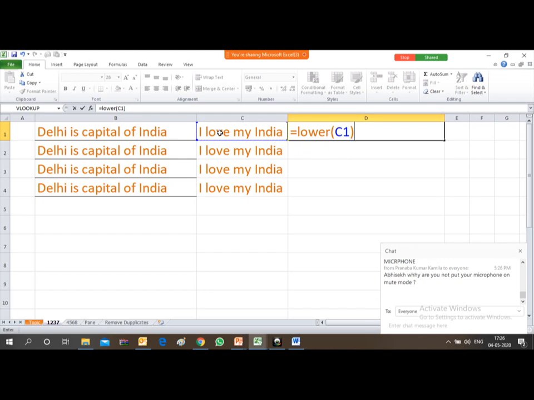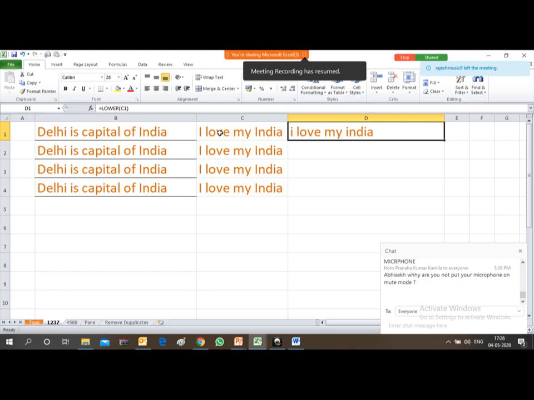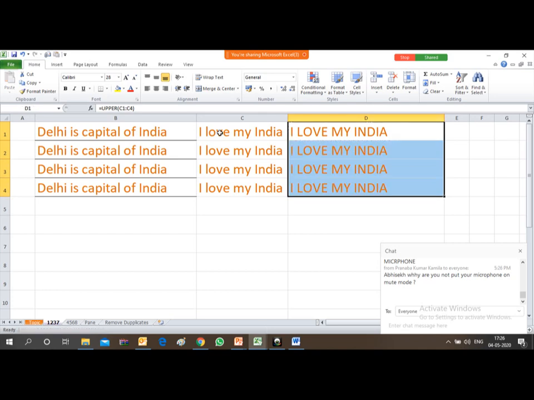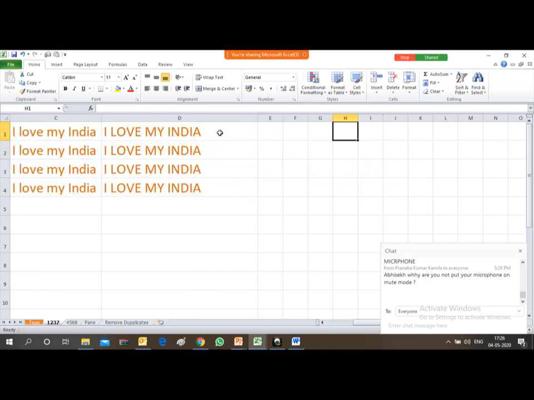And then close bracket, enter. So now see, friends, each letter has been converted into small letters. I think it will not be visible like this. Let me make it capital first. Upper, bracket close. So each letter is in capital, and let's come to another cell.